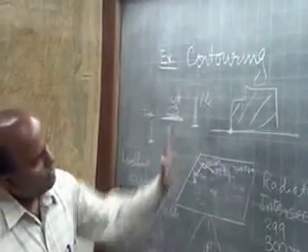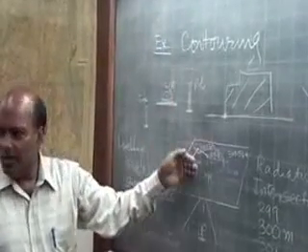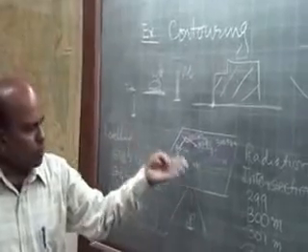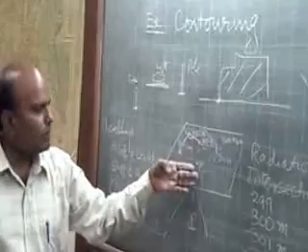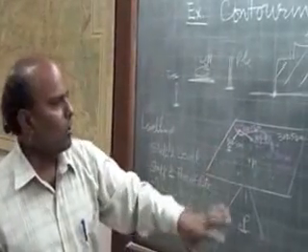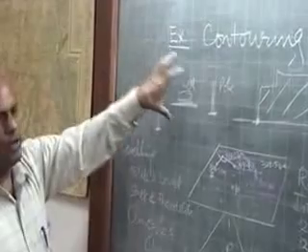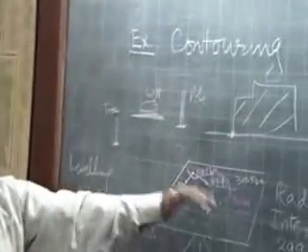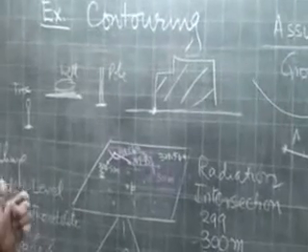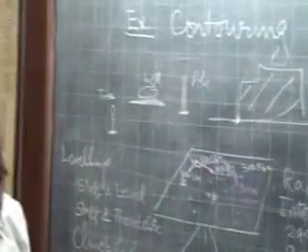So once you prepare this contour map, it has a lot of applications. You can generate a digital elevation model from these contours. You can generate a slope map. You can find out the direction of the flow. So these contours are very important for all our planning activities. So you have to be very careful while doing contouring, that you have a sufficient number of elevations, your interpolation is correct, and you have plotted the contours in the field looking at the topography and the shape of the ground.